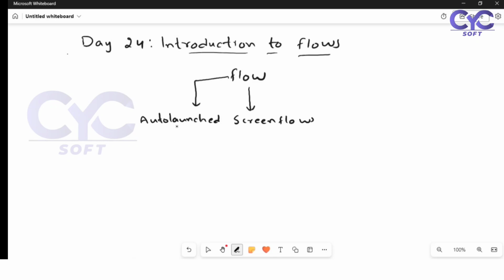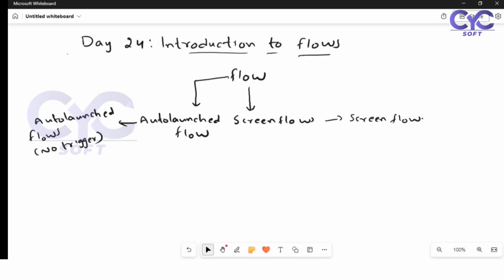Screen flows and auto launched flows. In general, flows are screen flows and auto launched flows. Under screen flows, we have only the screen flow, which I will show you. In auto launched flows, we have auto launched flows with no trigger. Under auto launched flows, we also have record trigger flows,